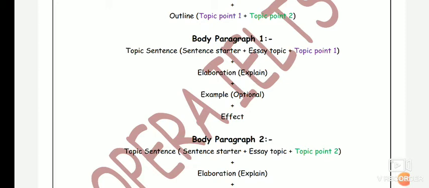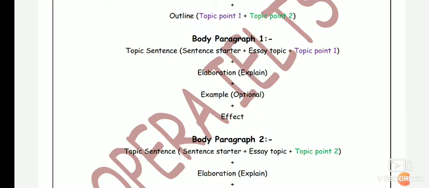Either you can write a survey or a report, but I personally recommend including your personal examples, like I personally observed this happening, or this happened in this city, which I learned from a newspaper. You can add this type of example. It is also optional and varies according to the question's demand, as they may ask for a particular example, so you have to observe the question properly. Then in the end, you have to attach a particular effect. Like I was talking about pollution, and the pollution was caused due to the high usage of vehicles.